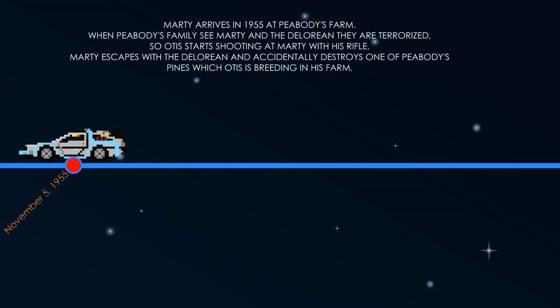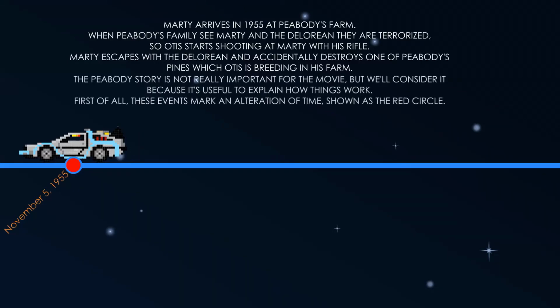Marty arrives in 1955 at Peabody's farm. When Peabody's family see Marty and the DeLorean, they are terrorized, so Otis starts shooting at Marty with his rifle. Marty escapes with the DeLorean and accidentally destroys one of Peabody's pines which Otis is breeding in his farm. The Peabody story is not really important for the movie, but we'll consider it because it's useful to explain how